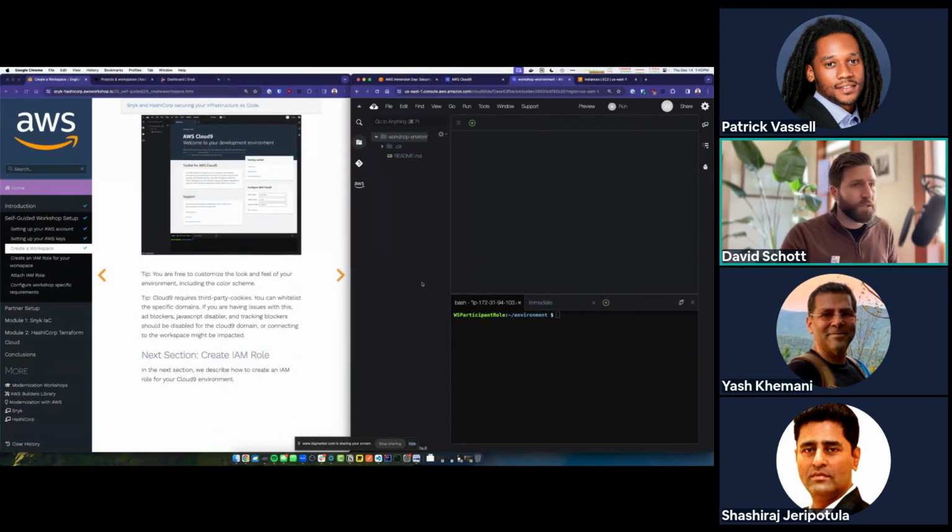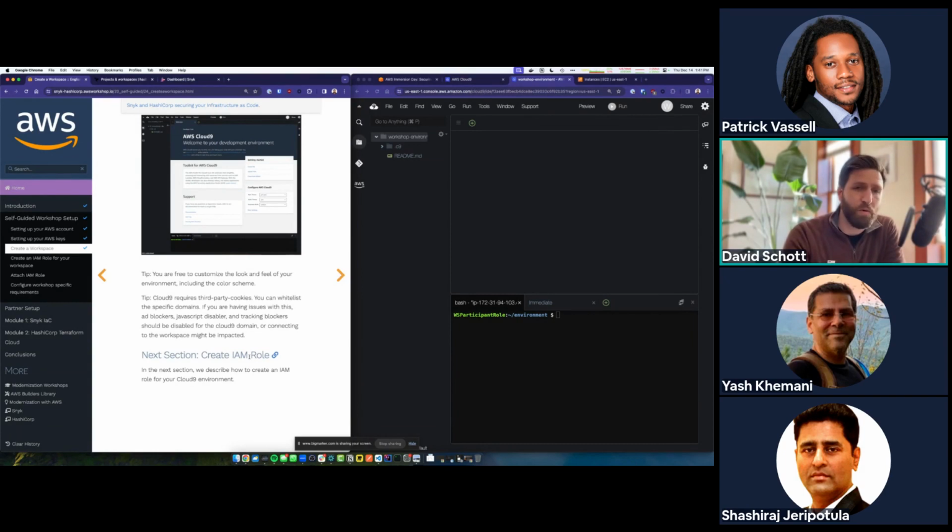All right, so everybody should have their user created and their Cloud9 environment open. Next, what we're going to do is create an IAM role. We created the user previously because we need that token to access AWS using Terraform. You'll see how we use that later on. And we need to create something a little different in IAM, a role.